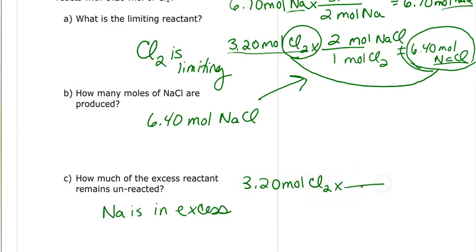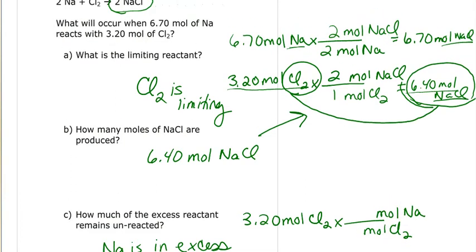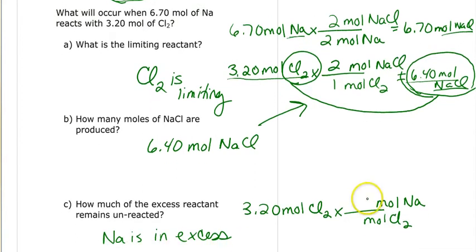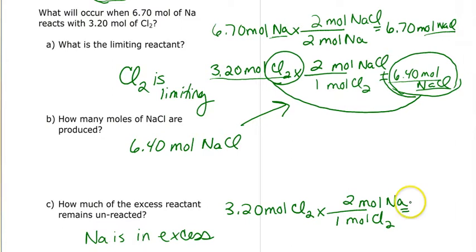When I have that much, how much then of my sodium is required to make this? So I'm going to go from moles of chlorine to moles of sodium. Use my molar ratio. Sodium is 2 and chlorine is 1. And solve. And I'm going to end up with